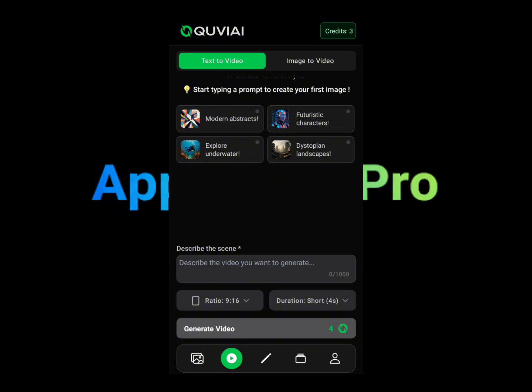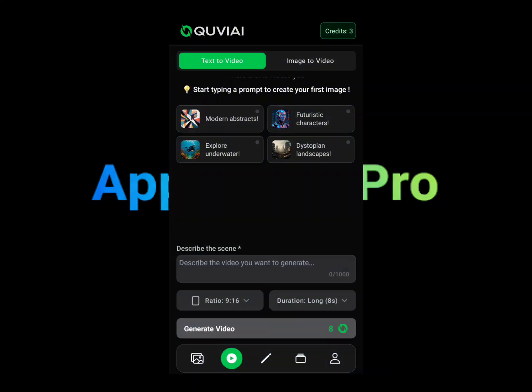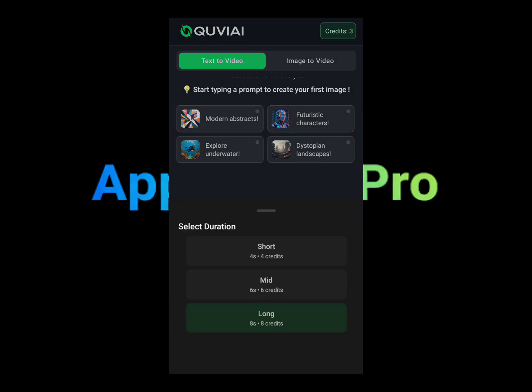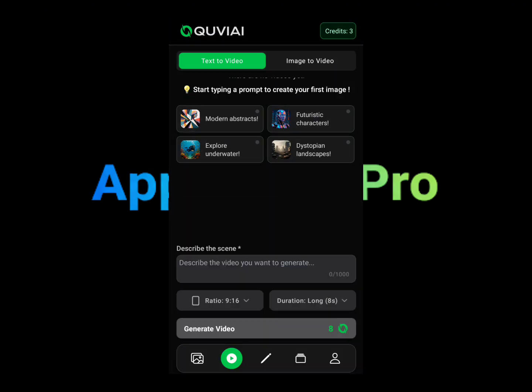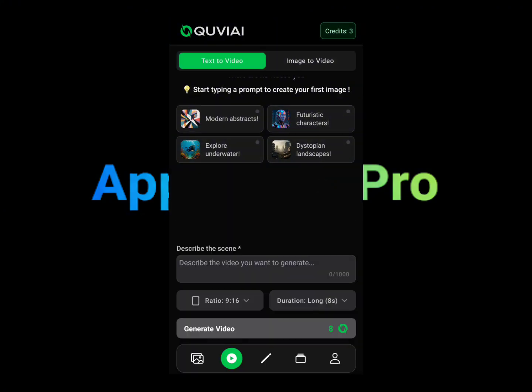And here you have the duration of how long you want the video. You have the 8 minutes option and you have the 6 minutes option here. As you can see here, not very long. You don't have the 10-second option. Sorry about that, guys, but 8 seconds options and 6 seconds option and 4 second options. You can see here how much credits you're gonna need to pretty much generate those